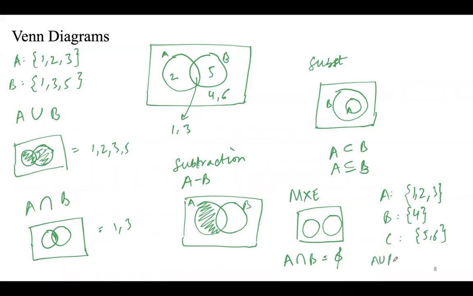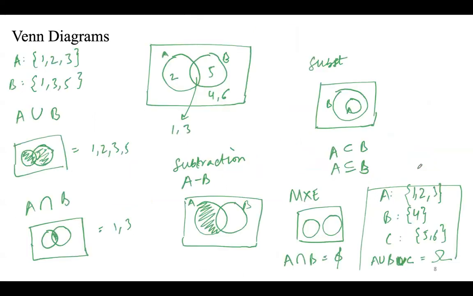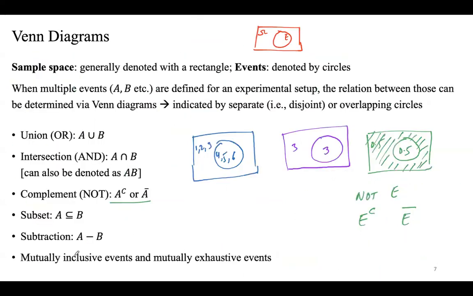So A union B union C, I get my sample space back, right? So this sort of an example, when the events that you're defining can actually give you your sample space back, then, oh yeah, sorry,